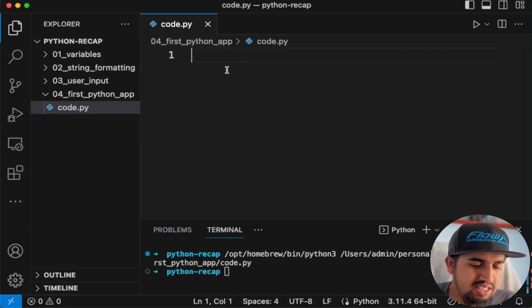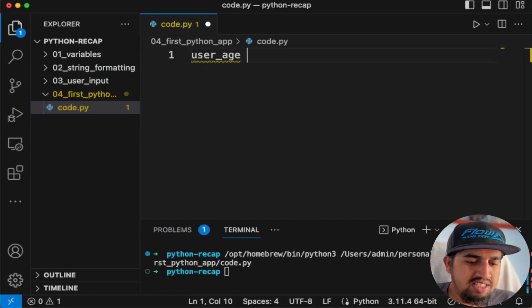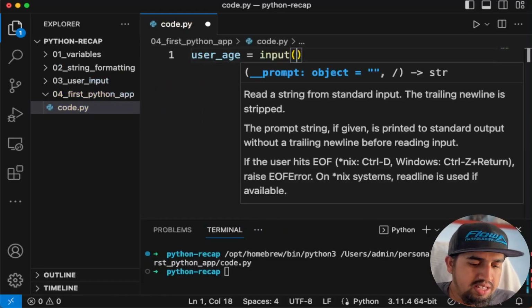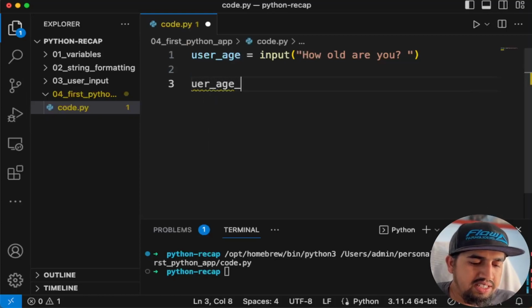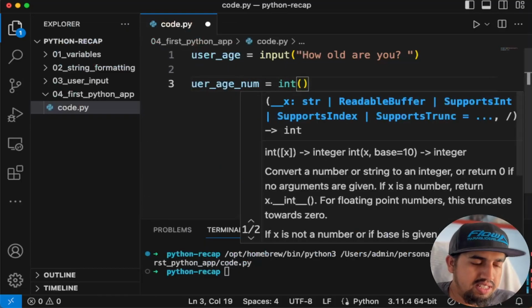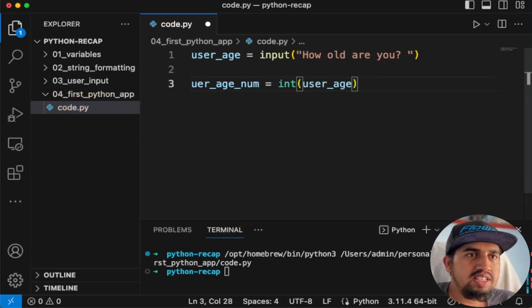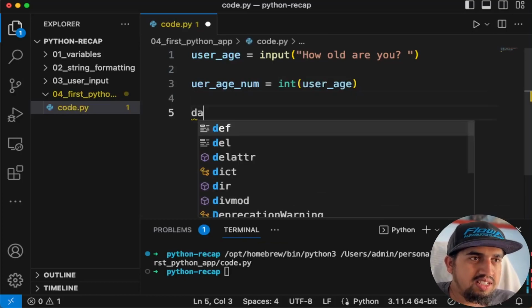Okay, so how can we do that? Let's say user_age is equal to input, "How old are you?" And now what we have to do is convert this user age to a number. Let's say user_age_num equal to int(user_age), and now we can say days_old